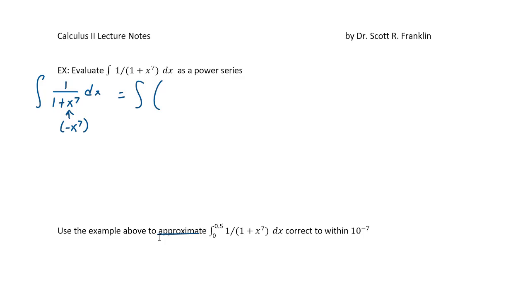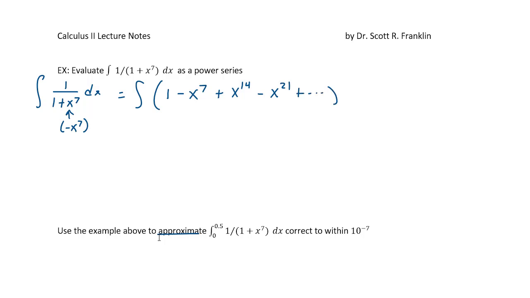So 1 over 1 minus a negative x to the 7th gives me a 1, a minus x to the 7th, a plus x to the 14th, because you're going to square it. Right? A negative x to the 7th squared is a positive x to the 14th, minus x to the 21